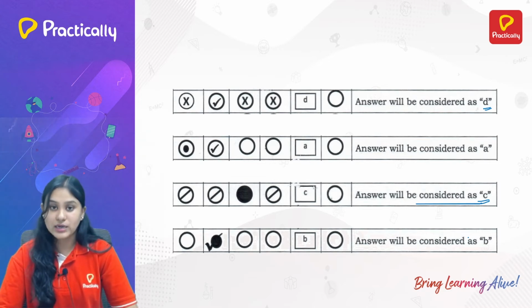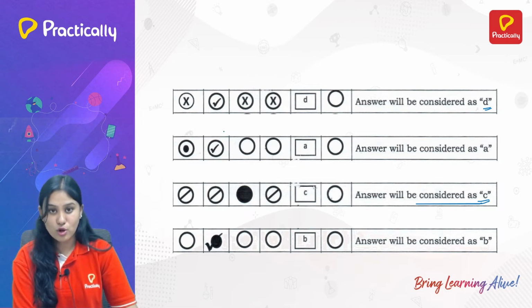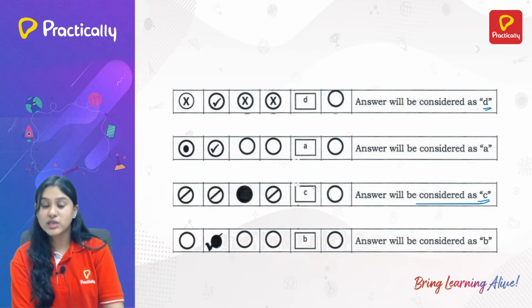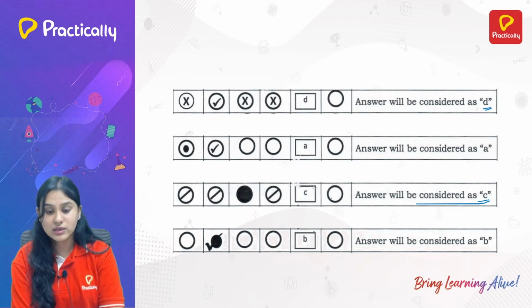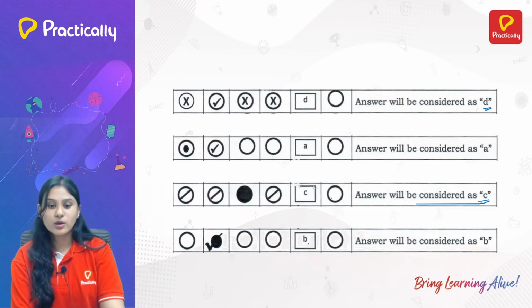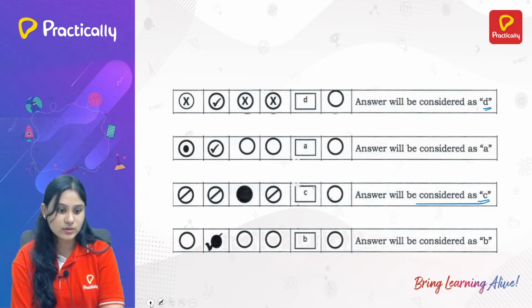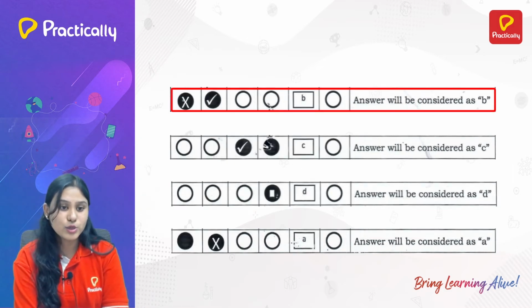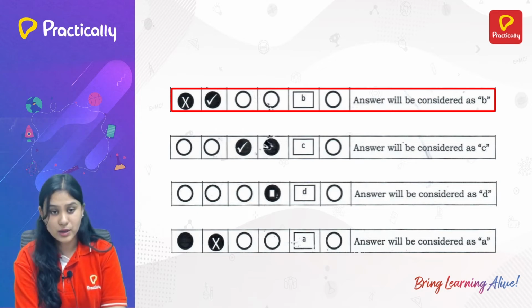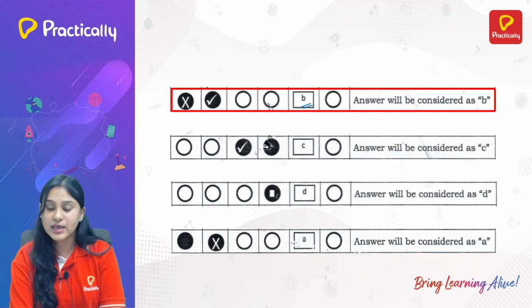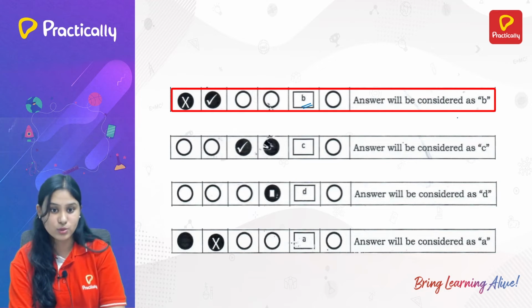Yes, you can, but when you are doing the problems or solving the questions, you can bubble it. But when you recheck and if you find that you have done something wrong in a particular question, you can always correct it by writing the correct answer in the box. Write the correct answer in the box and that will be your final answer. Next, in this case, you have put a cross mark on A, a tick mark on B, and you have written B here. Again, your answer will be considered as B only.